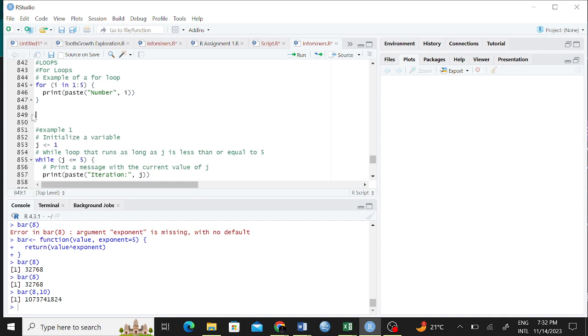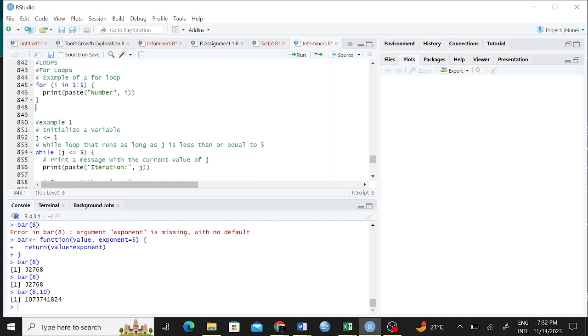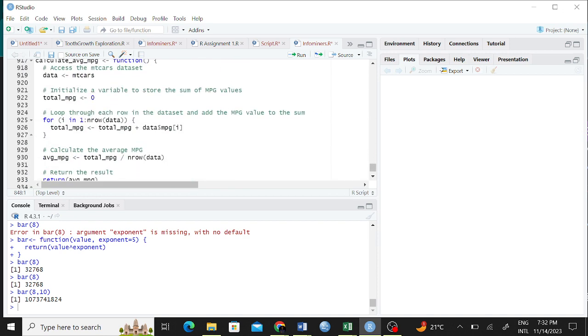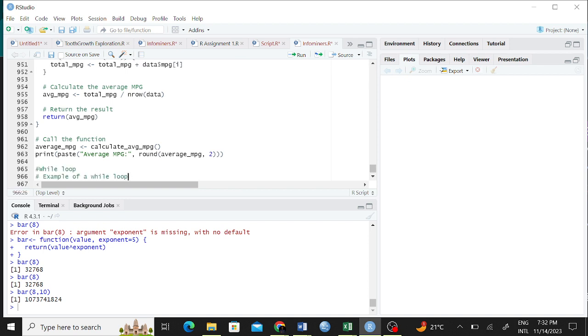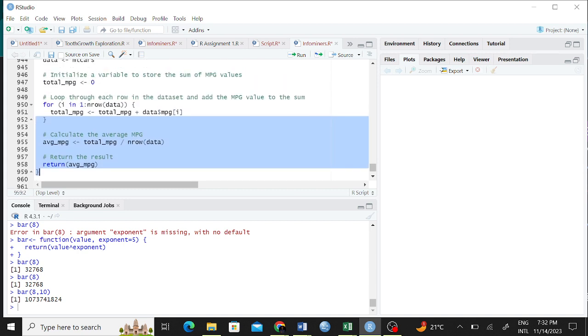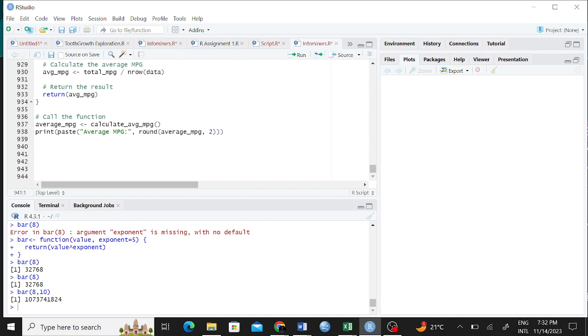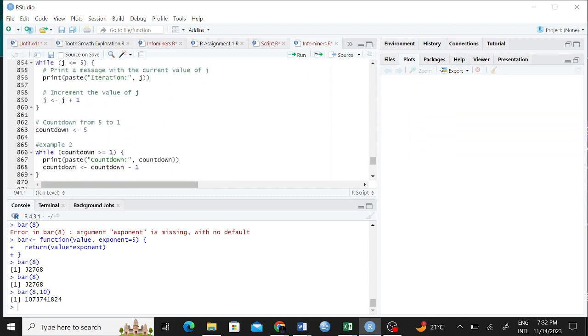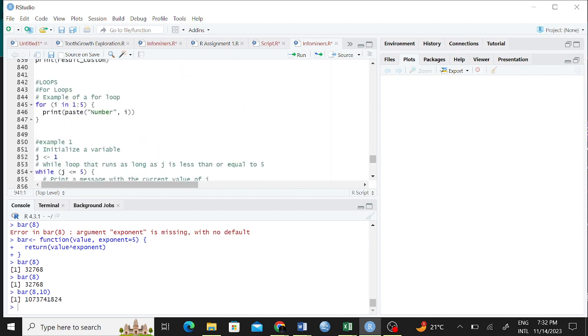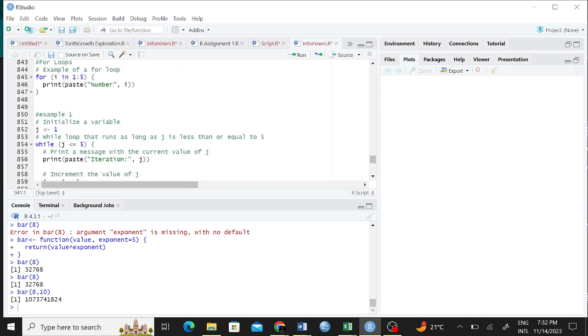So Control X. I believe it's already there. Okay. So we can look at loops, but start with this simple one.